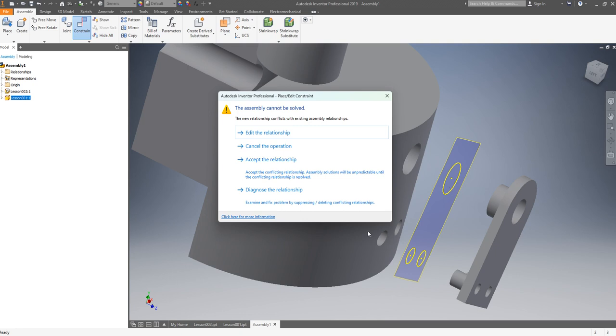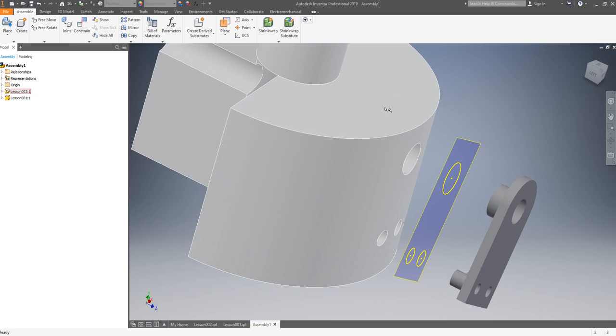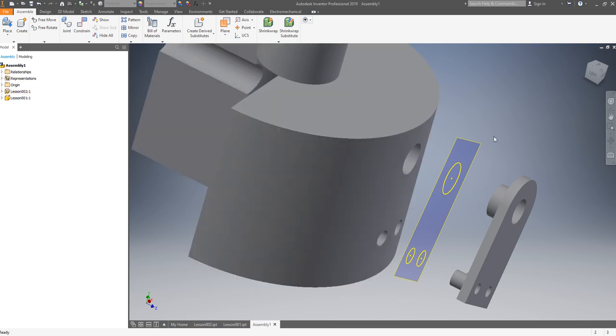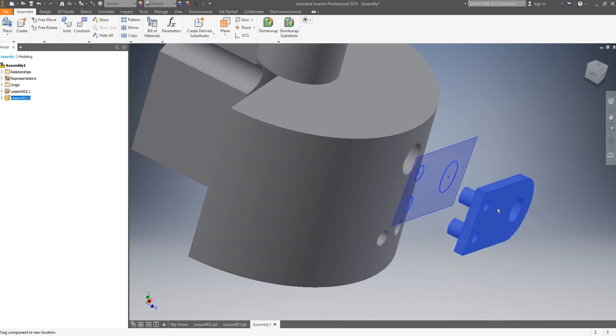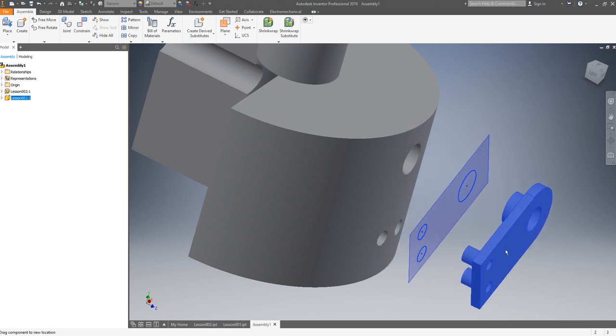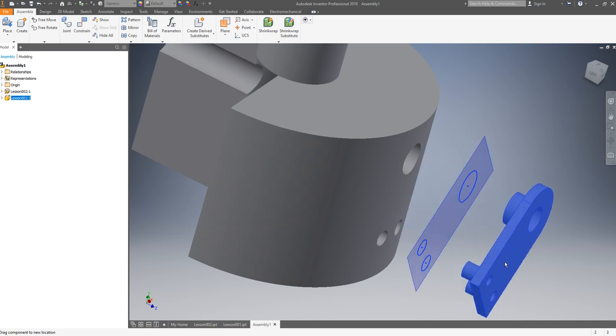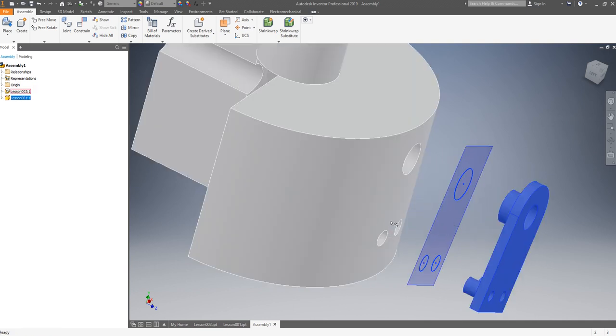So I overdo it. Once you overdo a constraint, you will get the error like that, or say it can't be solved. So how to solve this problem? We need to go back again. Okay, so we can limit the degrees of freedom one by one. Okay, we limit the rotation, right?